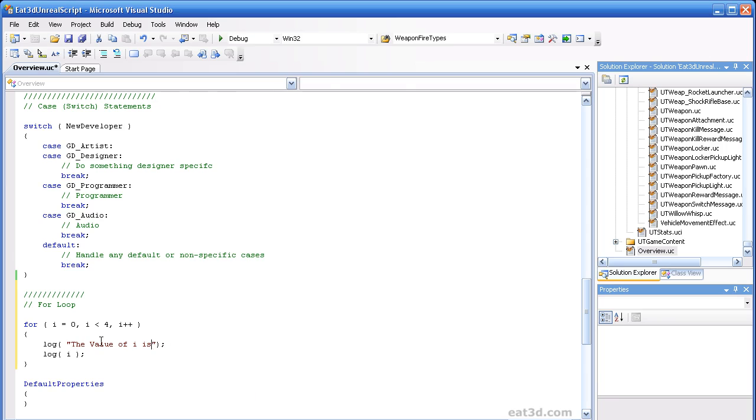So this would say print the value of I is, and then it would do a new line and then print the number. So you would see 4 sets of 2 lines each. But anyway, the main point here is that we're showing you can do as many lines of script as you want inside of that for loop, and you can use the variable of I, or your index variable, as many times as you want in here, as long as you're not modifying that variable.